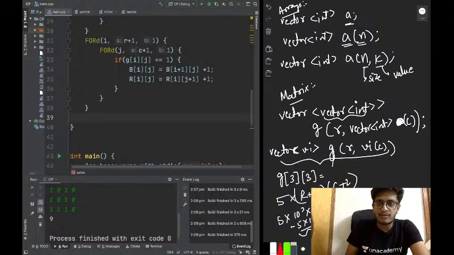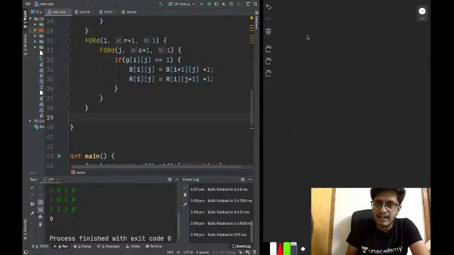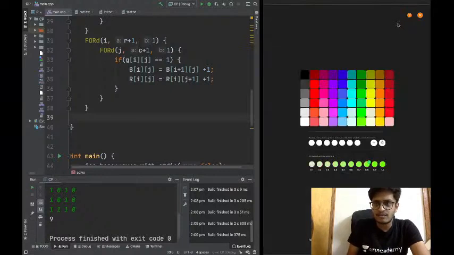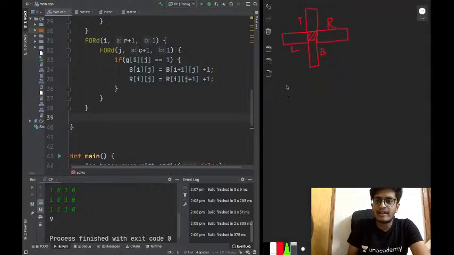What happened was, for any cell as the centerpiece, this is the top, this is the right, this is the bottom, and this is the left. This we have seen. And we saw that any L shape is represented using the shorter segment and the longer segment. The length of the shorter segment should be exactly half the length of the longer segment.